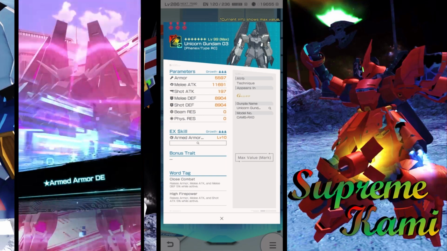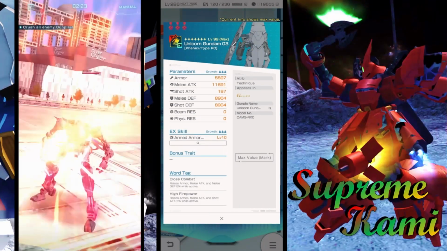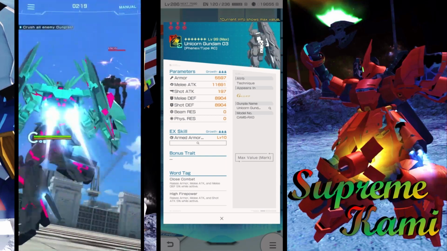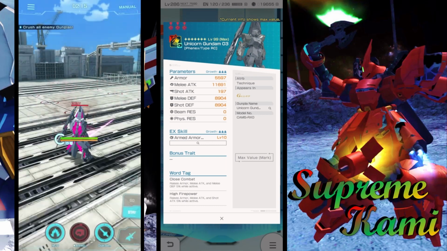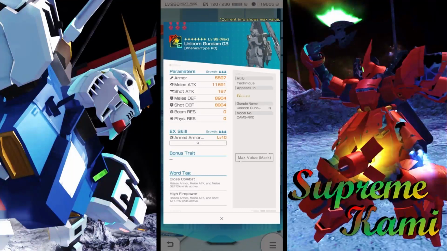So this one is going to be the Unicorn from Recon in G. I don't know why they have it. I believe this one is actually from a special series. I don't exactly remember what it's from, but we have another unicorn up here. In terms of this EX skill, I'll definitely say, based off just the unicorn model,